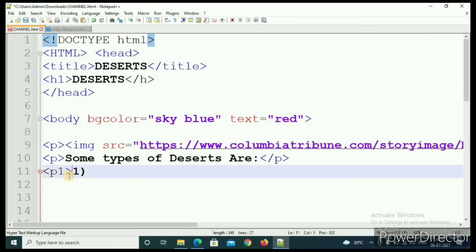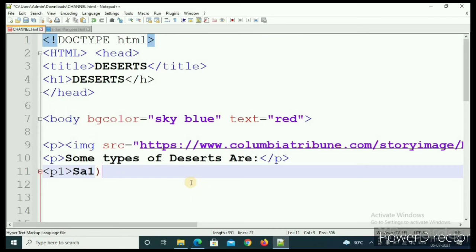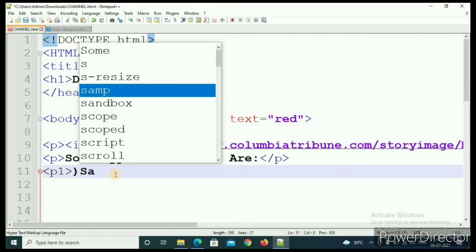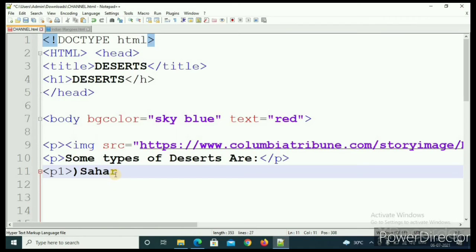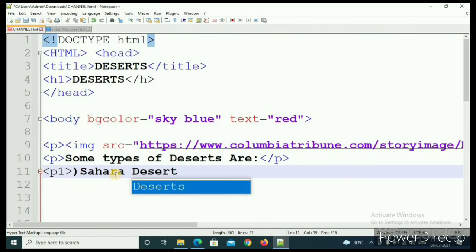Then I will write, okay, yeah, I will write Sahara Desert. And it is a type of desert, as you know, I think. Sahara Desert. Okay. Then I will end this paragraph with P because I am ending the full paragraph.